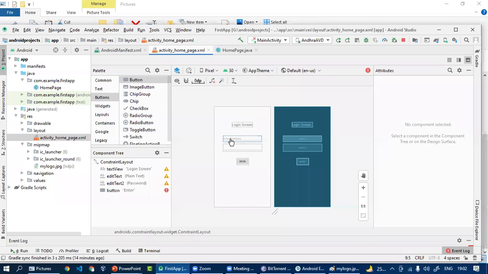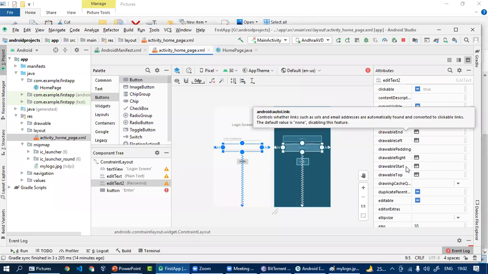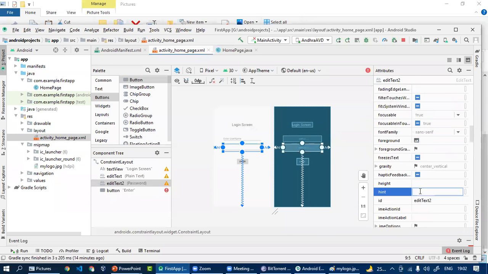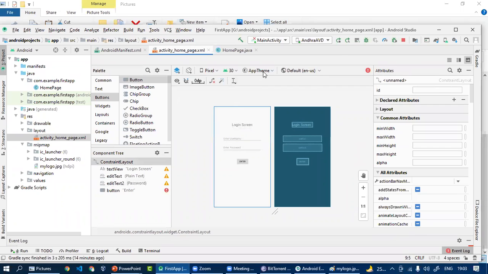So for this, you need to choose the hint option, and for password, if you want a hint or a transparent text, then you can enter it. Okay, so here is your login screen.